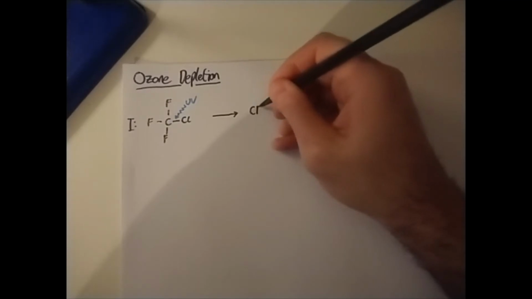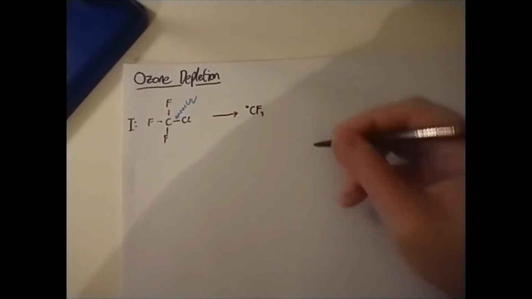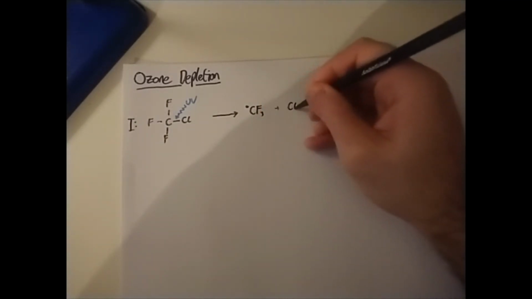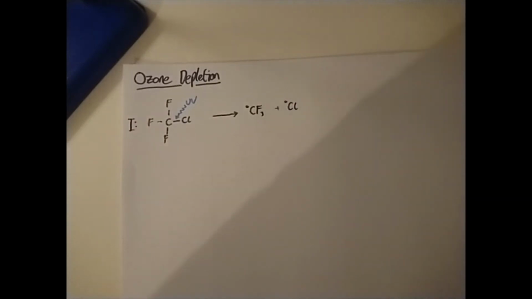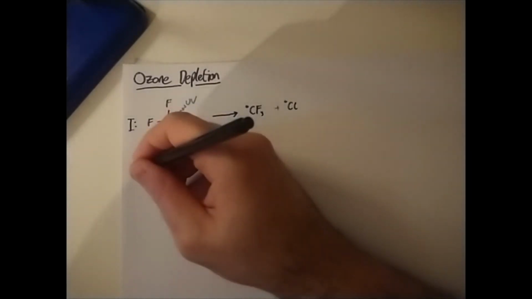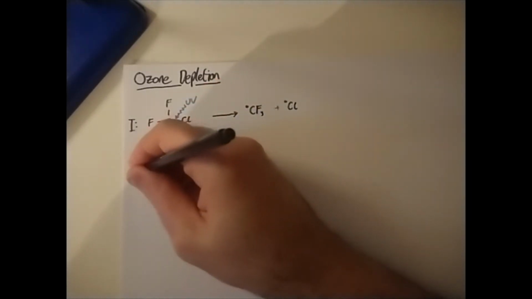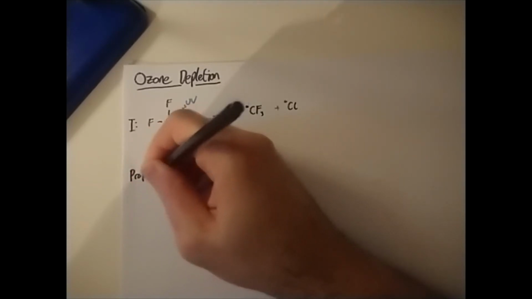So, what we've formed here is a CF3 radical and a Cl radical. And remember, the initiation step always starts off with a normal molecule with no charge and produces two radicals. The dot goes on the carbon because that's where the unpaired electron is. So this is where it starts looking sort of similar to